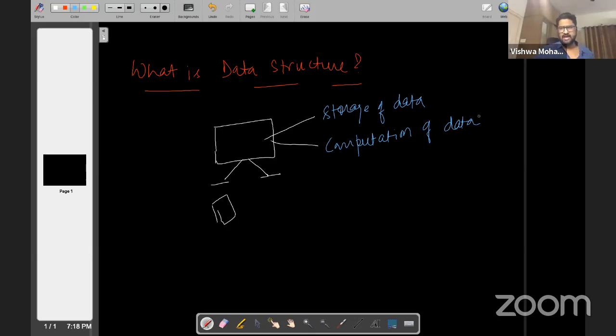Right. On a high level, whatever computer it is, maybe your laptop, my laptop, servers running on Amazon AWS, Azure, anything, any system that you see solves only two problems: the problem of the storage and the problem of the computation, right? And at the core of every storage and every computation is something called data, right? These days, you will always hear that everything is about data, right? A very famous saying is that data is the new oil, right?